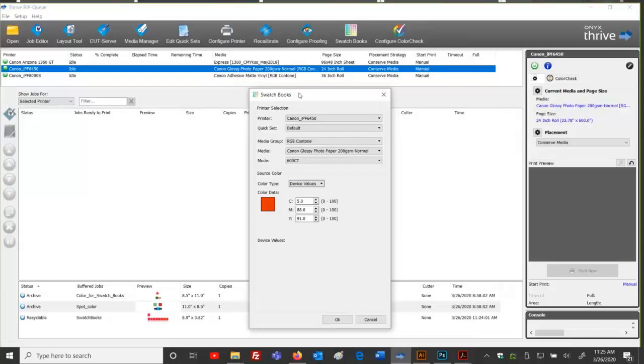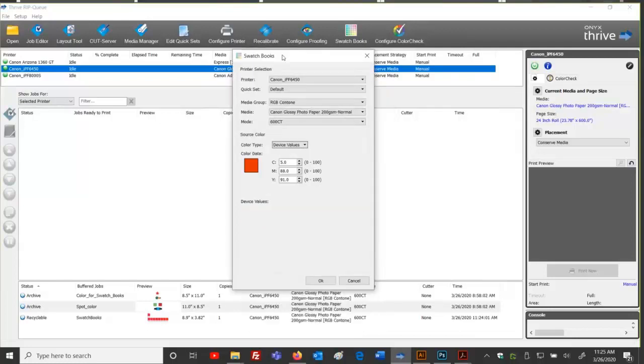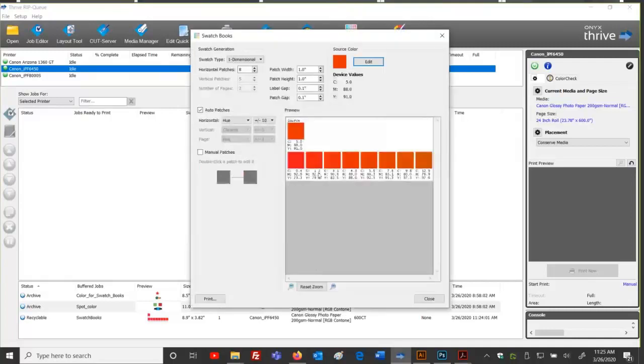And think about where we are right now. We are in the RIP software, swatch books to printer, right? RIP and print, swatch books to printer. That's my relationship. I am not involving Illustrator at all. I'm not bringing a file in. So these are device values. Below the one little square on the far right, that was the recipe, and I want to go from there further. So I can start with that recipe, hit OK, and now I can deviate further along the way.